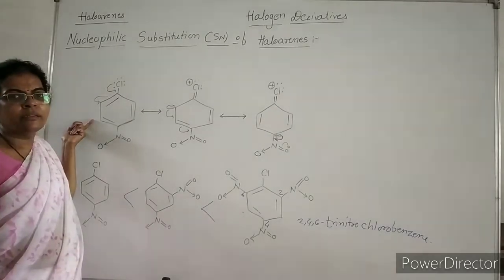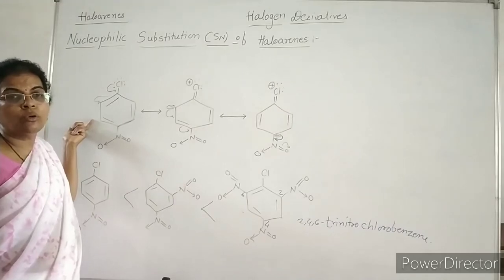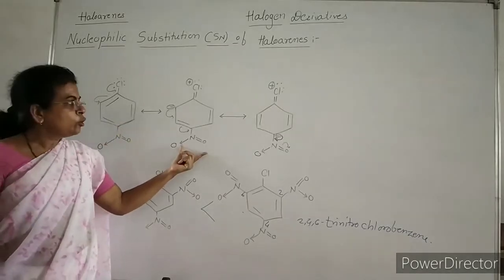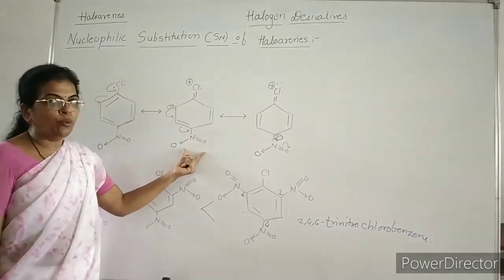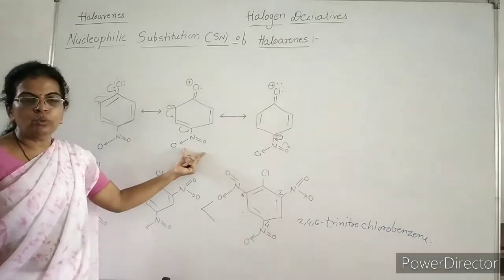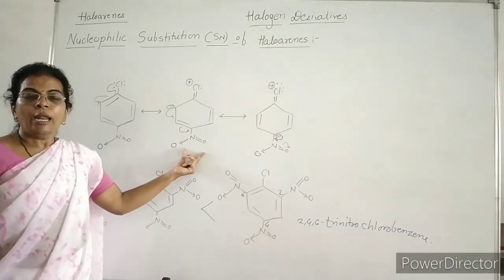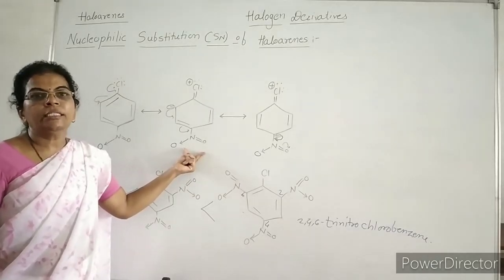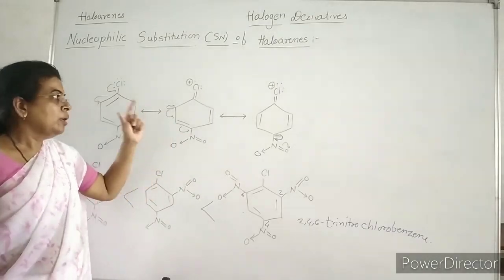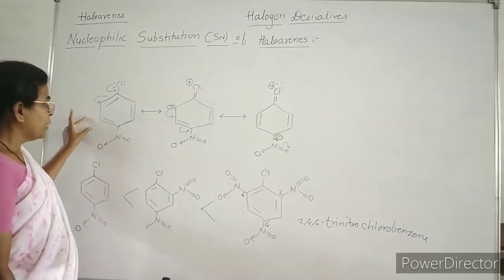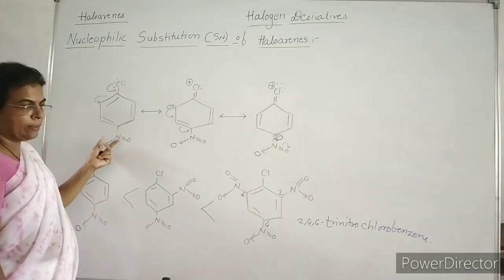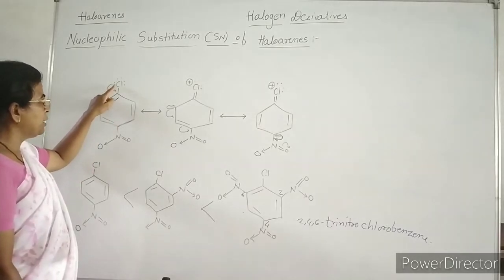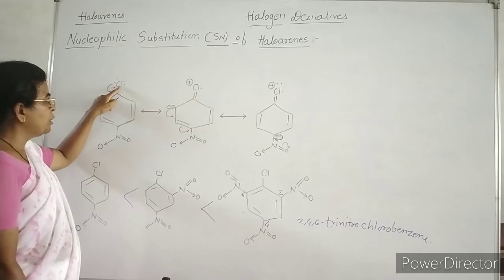We have seen that these haloarenes do not easily undergo nucleophilic substitution reaction. But if an electron withdrawing group like nitro group, that is NO2 group, is attached to this benzene ring of haloarenes at ortho or para position, then it increases the rate of nucleophilic reaction. Why does this happen? Now look here. This is 4-nitrochlorobenzene. In this 4-nitrochlorobenzene, when resonance takes place, that is, this lone pair of electrons of this chlorine